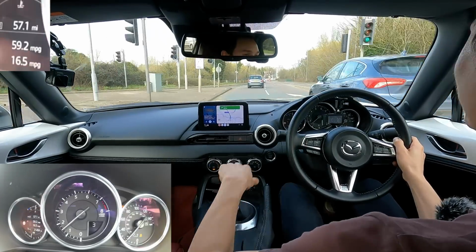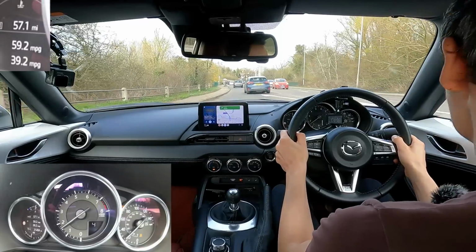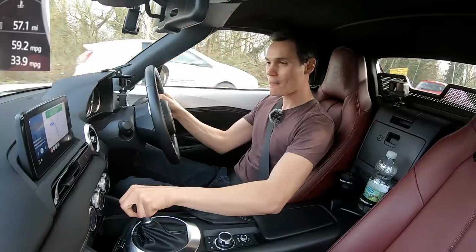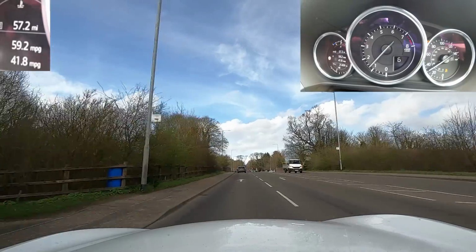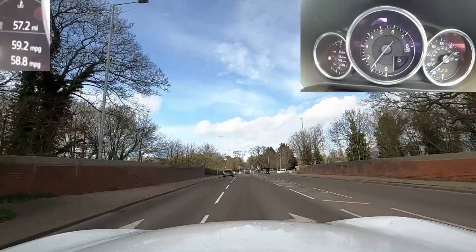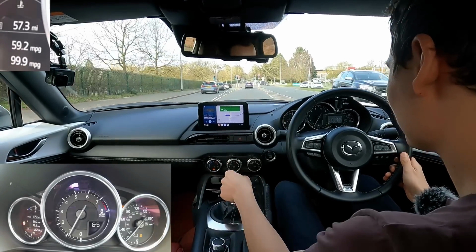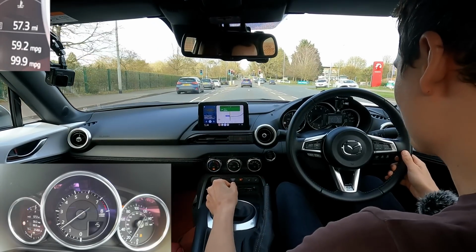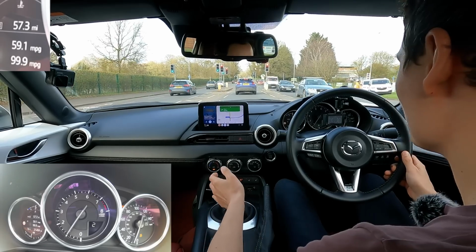Now I'm accelerating. I got that high economy because I was slowing down towards the lights, and I've got a right turn soon. I'm going to move to the right lane here, I think. Yep, that looks right. Off the gas. Okay, I'll go into second gear now, try and use some engine braking. 99.9 miles per gallon. Now neutral,